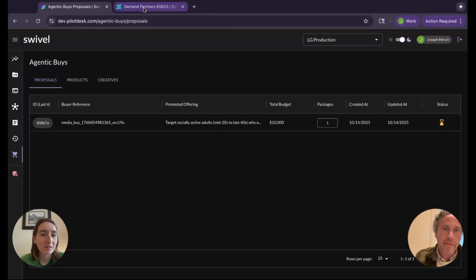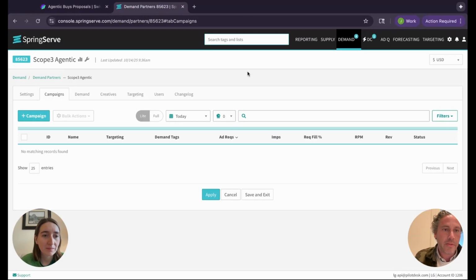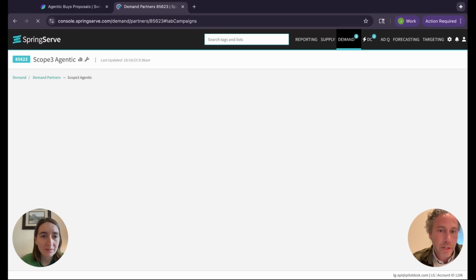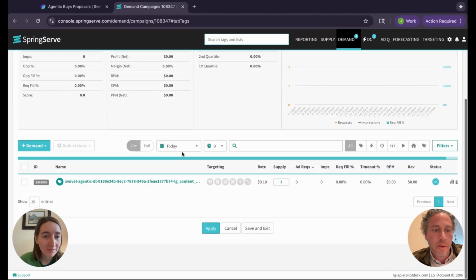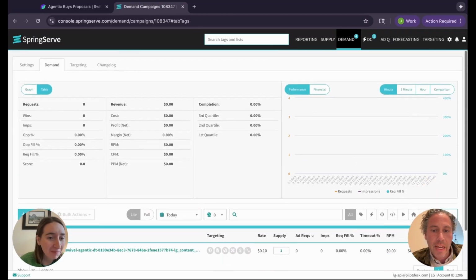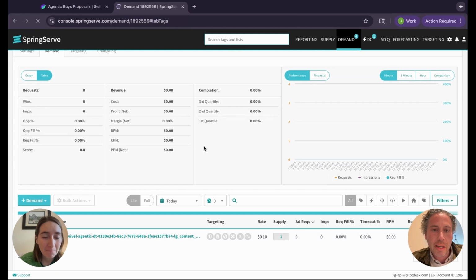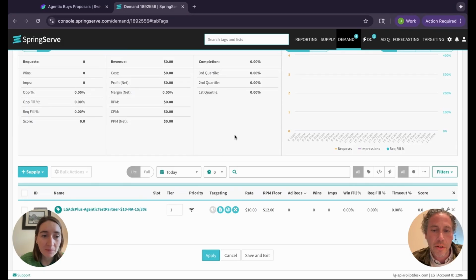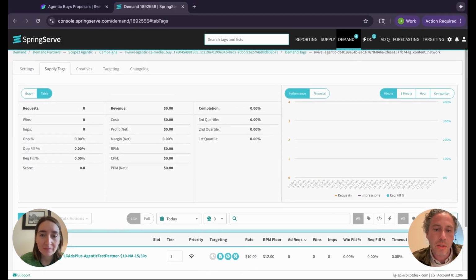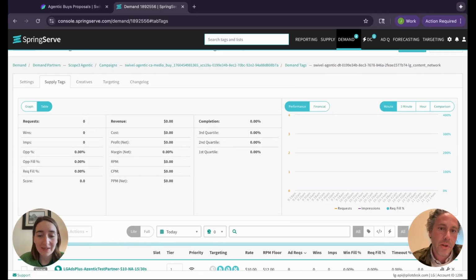So I'm now going to navigate back to the SpringServe instance. This is the LG SpringServe instance. Right now it's empty. Let's give it a refresh. And awesome, voila, we have objects. Here is the campaign. Underneath the campaign, it appears as though we have line items. And on top of that, the line items include the targeting. And importantly, it includes the association to the correct supply, or the correct inventory, to close the loop on the trafficking. So now that this element is complete and the objects are made in the downstream ad platform,